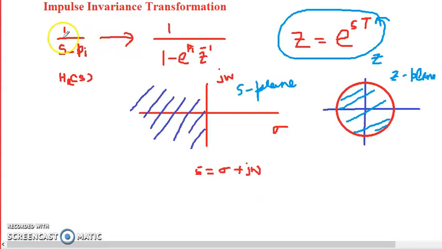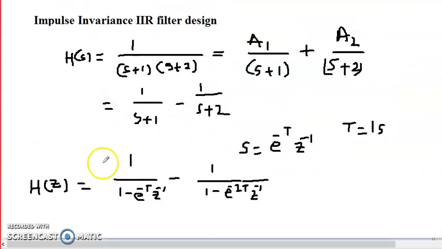Okay, so by using this transformation, with the pole at pi, we can get H(z) to be like this,